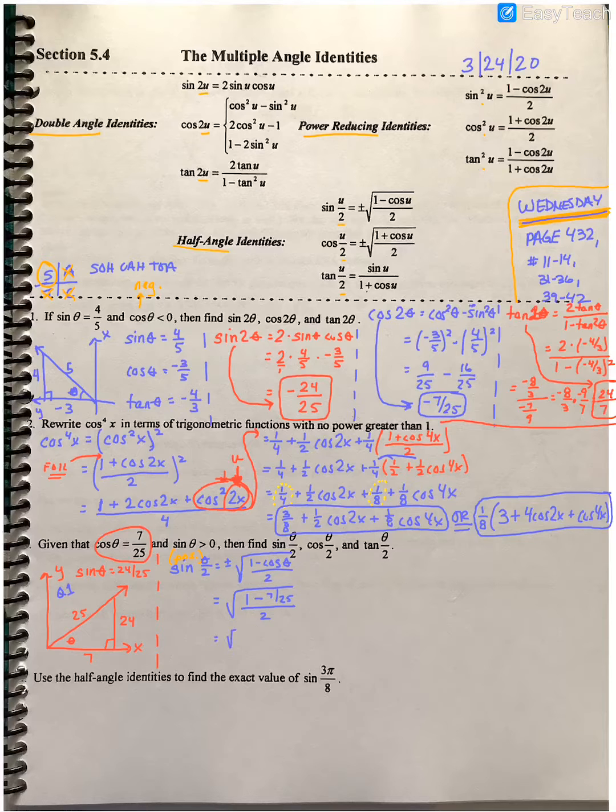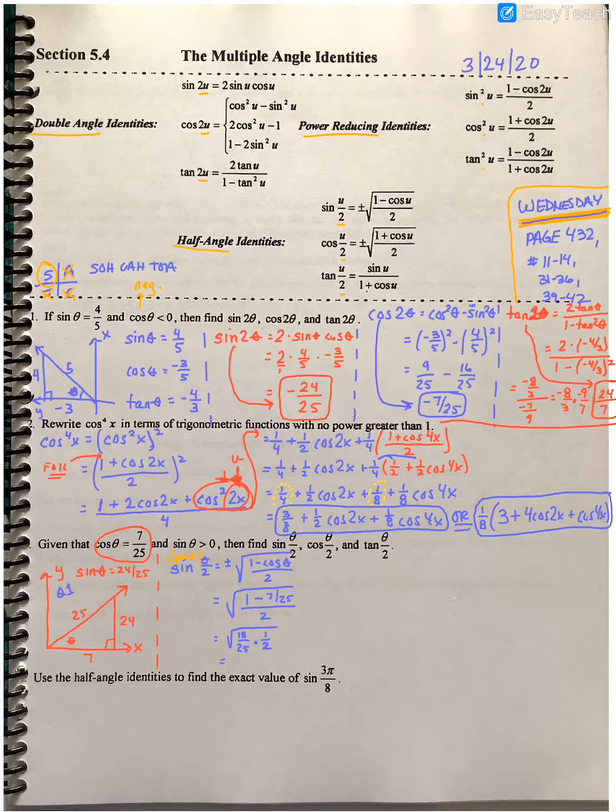As I do some cleanup, 1 minus 7/25. Well, 1 with a denominator of 25 is 25/25. Minus 7/25 is going to be 18/25. Now, officially, I'm not going to write it, but I have 18/25 divided by 2. Dividing by 2 is multiplying by the reciprocal, 1 over 2. So I'm going to write that as times 1/2. So I have the square root of 18/25 times 1/2,